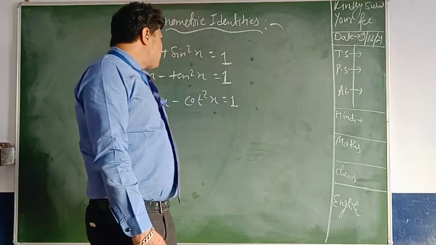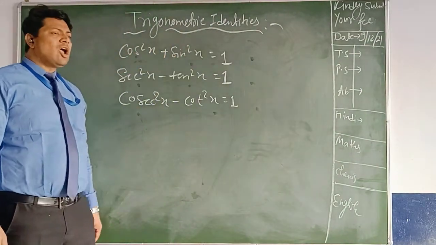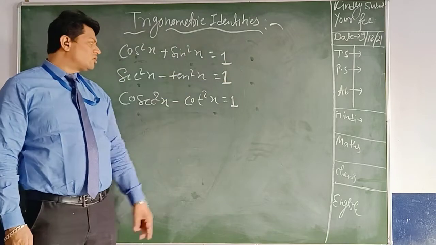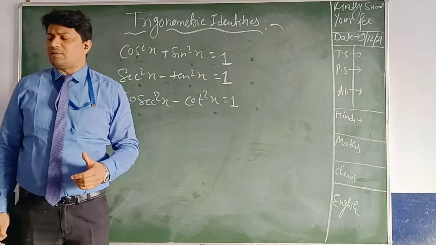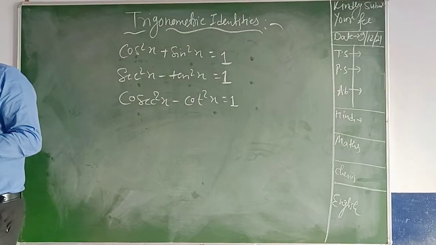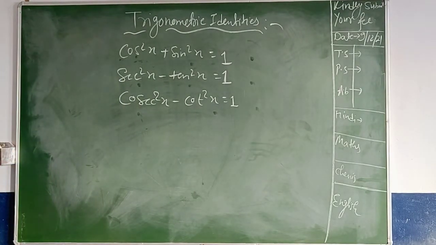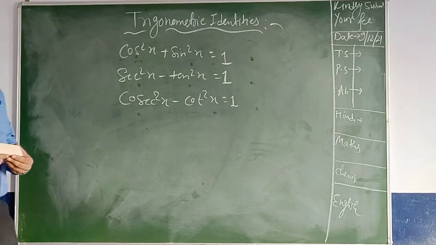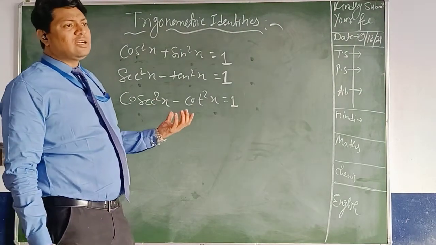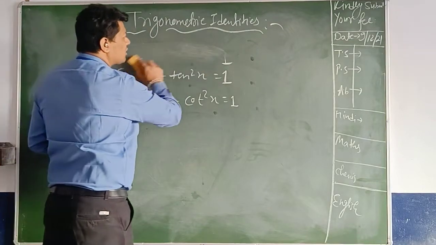In the same way, first of all, this is the basic formula, cos square x plus sin square x equals 1. So first of all, we need to know how this one is coming. How does cos square x plus sin square x equal 1? For this, we have to again consider a unit circle, as I told. Clear? What we have to do is again go for a unit circle.